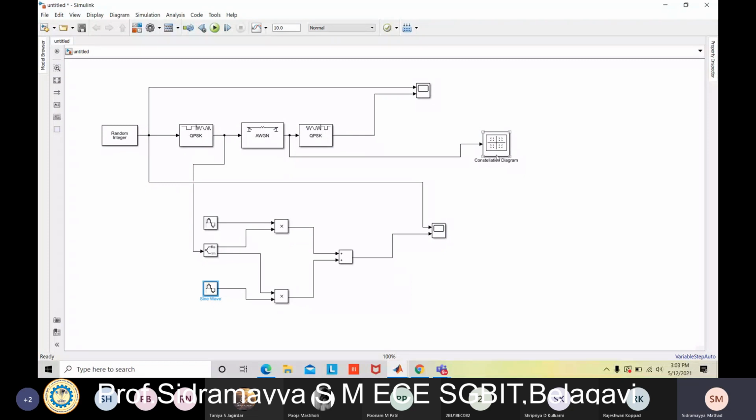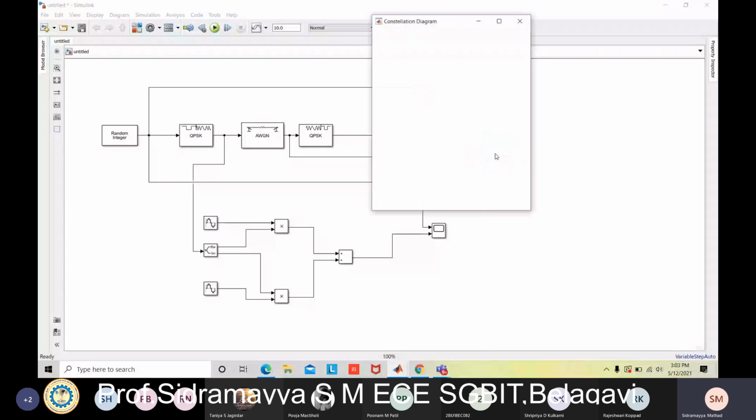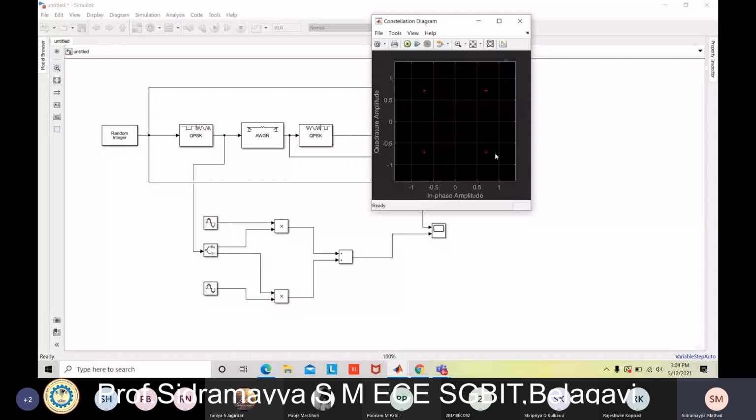Now go to View, Configuration Properties. Look here: number of inputs is 1, offset should be 0, and input frame length. Here make the input frame length 1000. Just click on OK. Now I hope we have assigned values for all the devices.